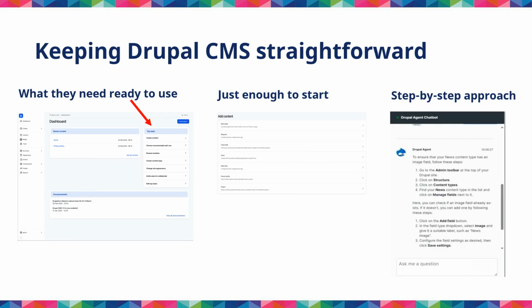In terms of keeping it straightforward, we wanted to give them what they needed to get going as soon as possible. So one of the decisions for the dashboard was having a top task section, thinking about what these would be, and that came from that diagram with lots of different tasks on it in a circle, thinking about what things people are going to be doing all the time when they've got this website, thinking through what it would be like when it's in their hands, giving them just enough to start, thinking about the content model